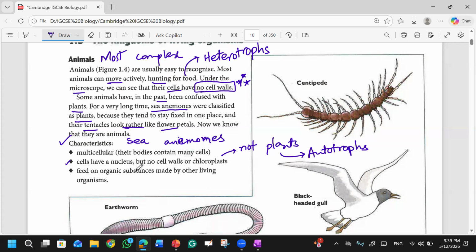Why? The evidence is, first, that they don't have a cell wall and they don't have chloroplast. The second, the third thing is that they cannot prepare their own food. They rely on other living organisms to get organic substances. Clear? These were the evidences which confirmed that sea anemones should be in the animal category, because they are multicellular. Initially, why did they put them in the plant category? Because of some similarities: sea anemones were static at their position, they cannot move. And the second thing was